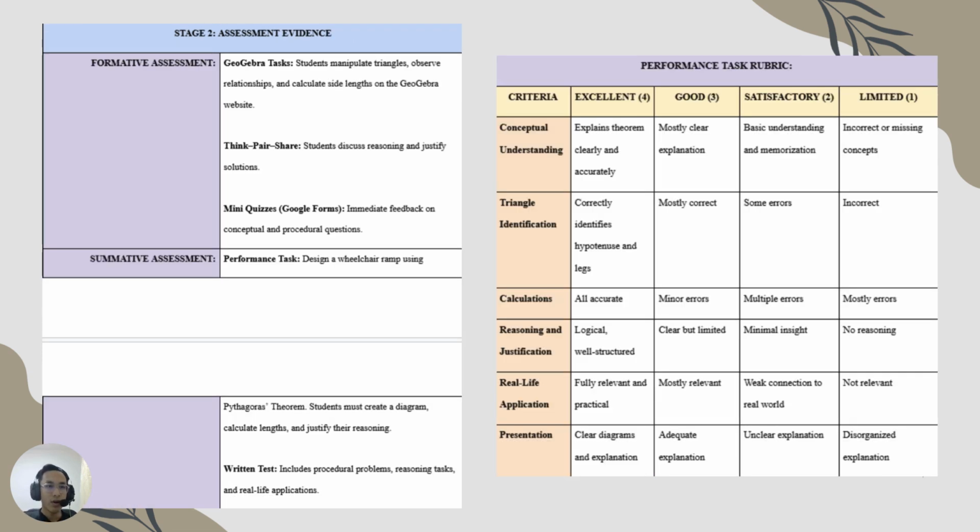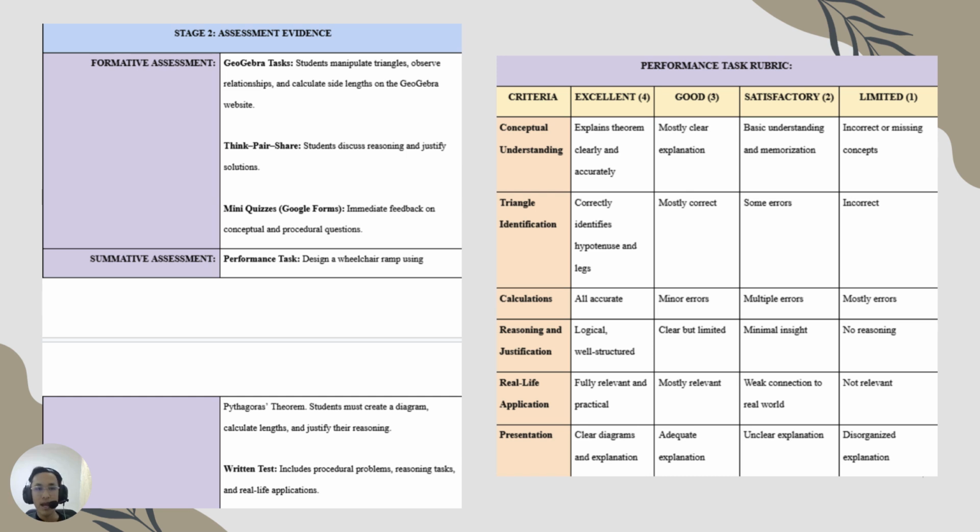So after that, in stage two, we need assessment evidence. So for formative assessment, I have picked GeoGebra task where student can manipulate triangles and observe the relationships. Think pair share where students discuss among themselves for the reasoning and the justifies the solutions, and also mini quizzes in the form of Google Forms. For summative assessments, there's performance task where they have to design a wheelchair ramp using Pythagoras theorem, and also written